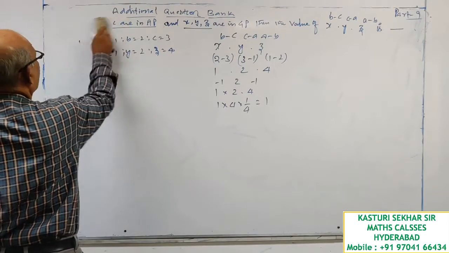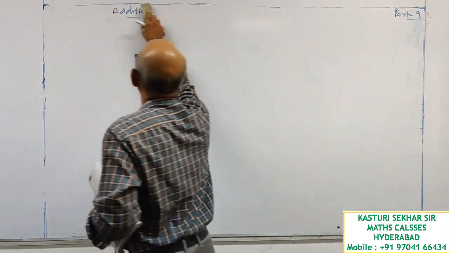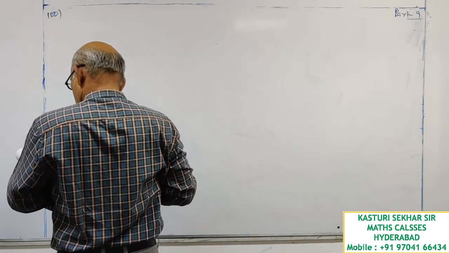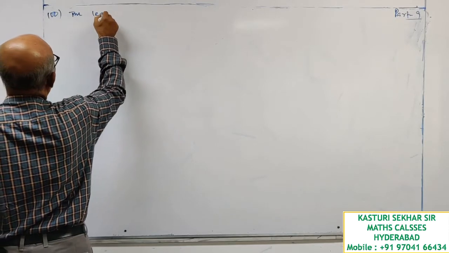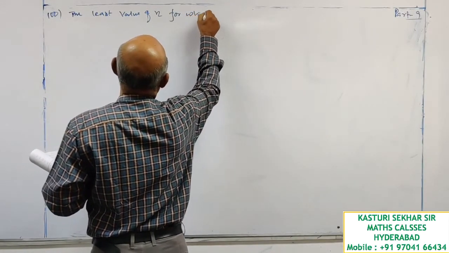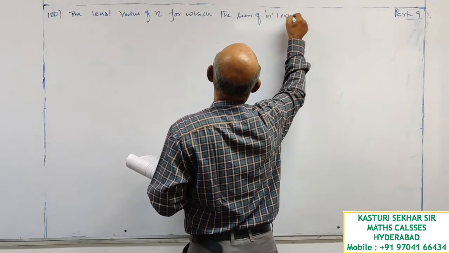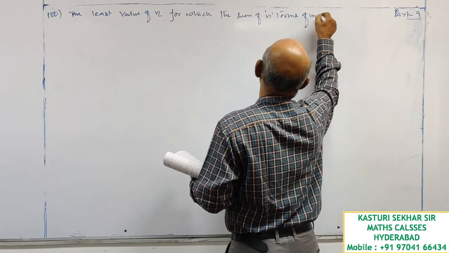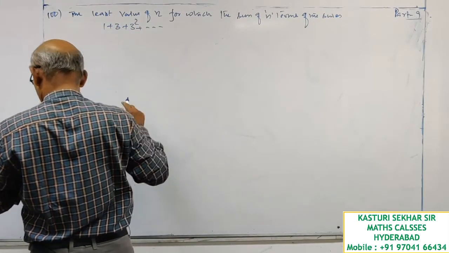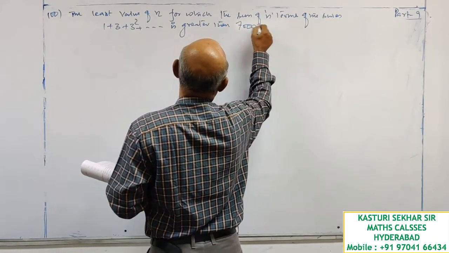Okay, let's see question number 100. The least value of n for which the sum of n terms of the series 1 plus 3 plus 3 square plus etc. is greater than 7,000 is